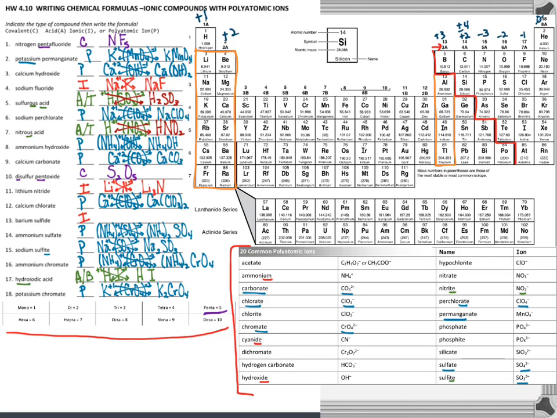And my last problem is barium sulfide. Again, here's Ba. Ba is found in group 2, so it has an oxidation number of +2. And then I have sulfide, or sulfur in this case, which has an oxidation charge of -2. I'm going to crisscross these. End up with Ba2S2. But I can simplify and reduce these, so my final formula will be Ba2